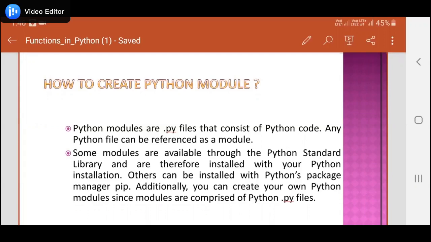So today we have seen the last chapter and this chapter. What is a module? What is a library? What is a package? Another name for library is package. How to import a module: there are two ways, one by using the import keyword, another by using the from keyword. What is the difference between the import keyword and the from keyword? That is the major difference we have discussed. And how to create a module also we have seen. Tomorrow we will see how to create our own user defined module, how to import it in another program, and how to use the functions defined inside the module. These things we will complete